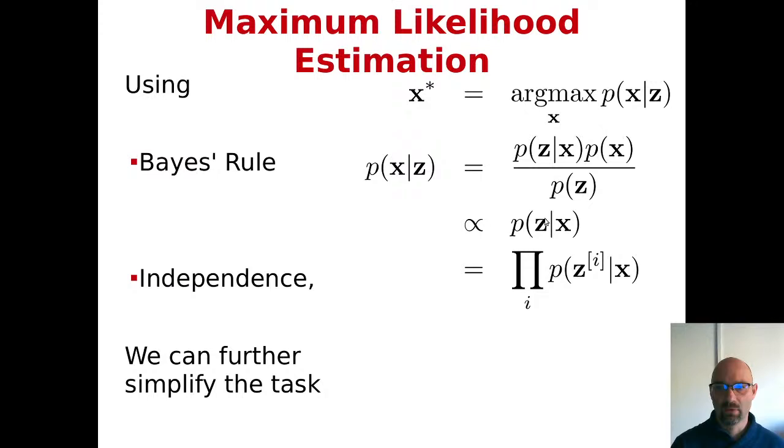Once again, we pulled out our independence assumption that resulted in the likelihood of all the measurements being equal to the product of the likelihood of the individual measurements given the state. So said, we